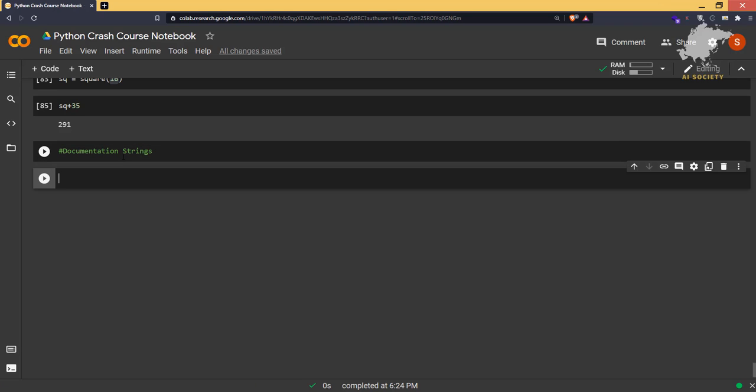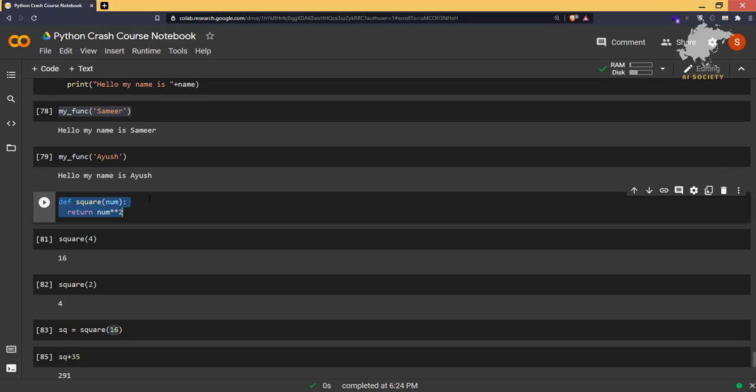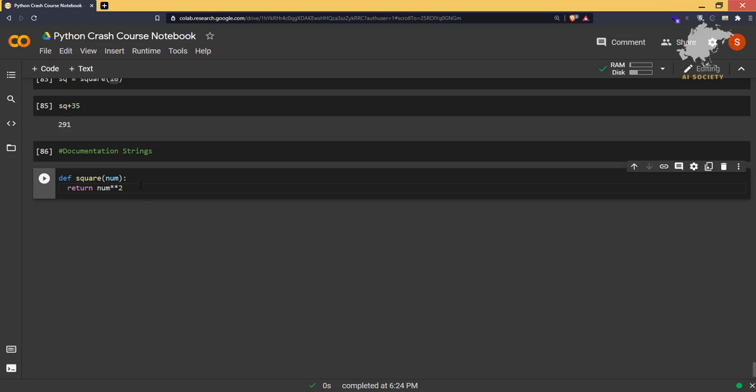I'm going to explain how you can add a documentation string to a function. Whenever you are creating a function, it is recommended that you have a documentation string to get help when you come back to your function. When you read your code after, let's say, 3 or 4 months, you'll be easily able to understand what is going on with the function. So if I say def square, let's quickly copy the code from there itself, and it will be much easier for us.